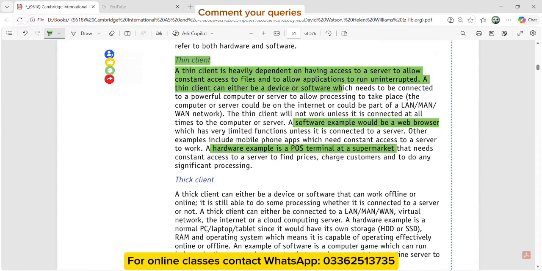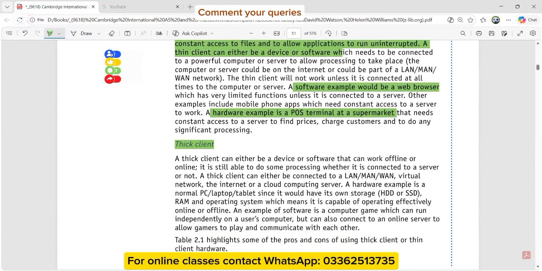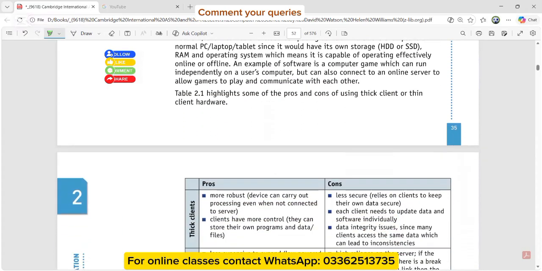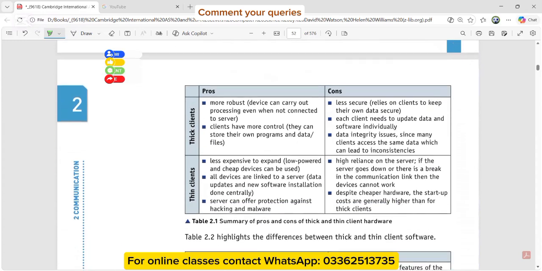So again, a question can come in the paper. You should be very clear about this thick client and thin client. A thin client is heavily dependent on the web sources. If it's not connected, it is useless. If it can work on its own, intelligent enough to handle its own resources, having its own memory, having its own everything, that will be your thick client. And the best example is what we use: our computer system is the best example of a thick client. So are you clear about this? If it comes in the paper, at least you are able to answer.